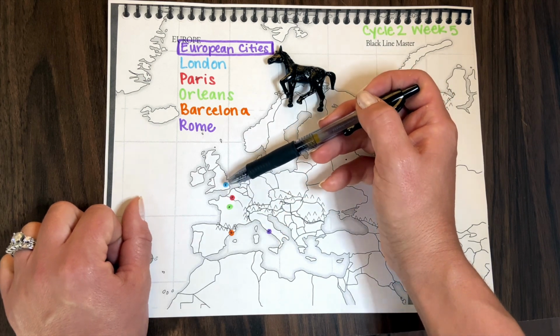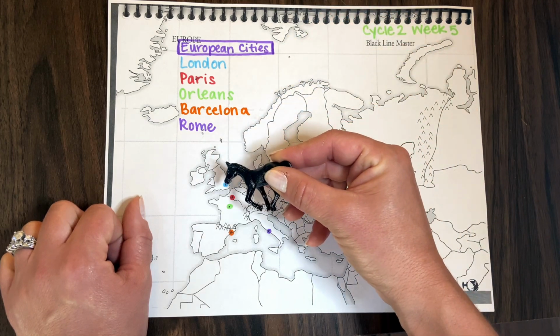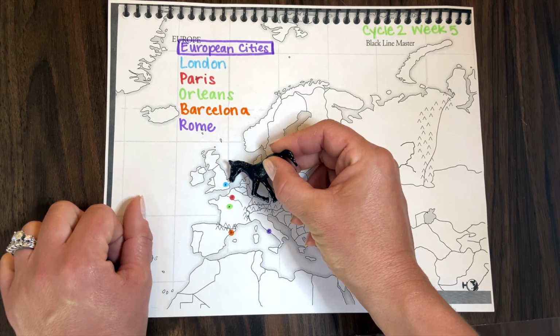All right, now I have a little song I want to teach you, and I'm going to have my horse move from city to city. I'm going to use his nose to kind of point to each of them, okay? So we're going to go in a little different order than we did this last time. But we're going to sing